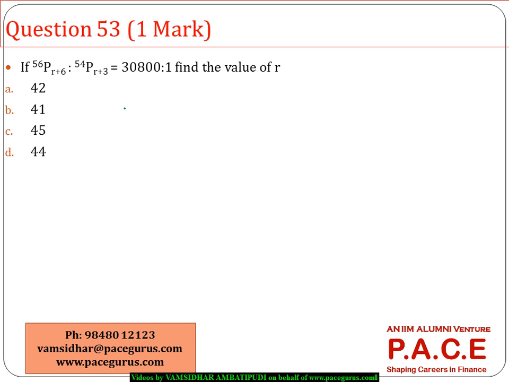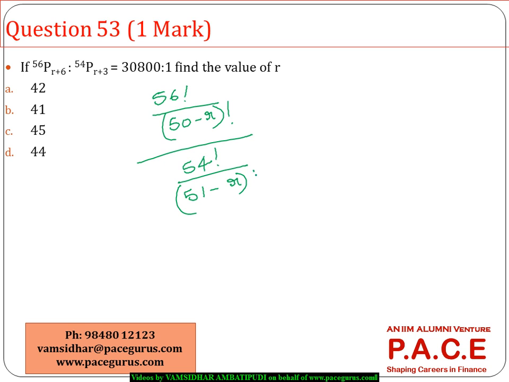56Pr+6 is to 54Pr+3. We go traditionally: 56 factorial divided by (n minus r) factorial, which is 56 minus (r minus 6), so 50 minus r factorial. So 56 factorial by (50 minus r) factorial, divided by 54P3, which is 54 factorial by 54 minus (r minus r plus 3), which is (51 minus r) factorial, is equal to